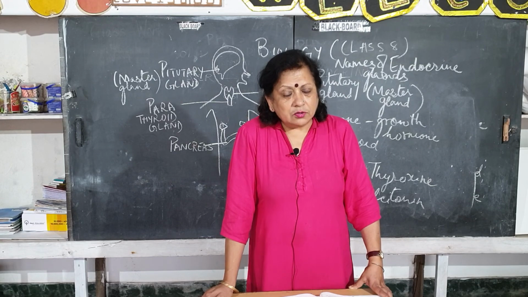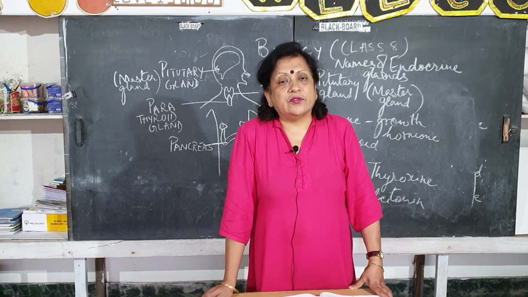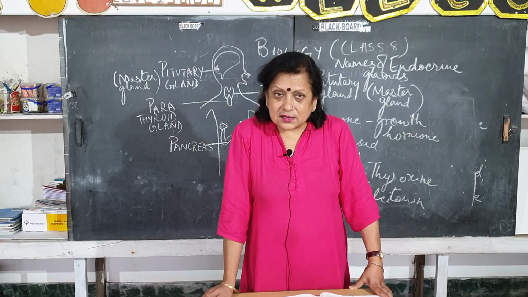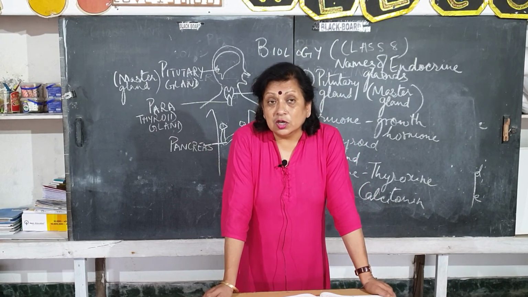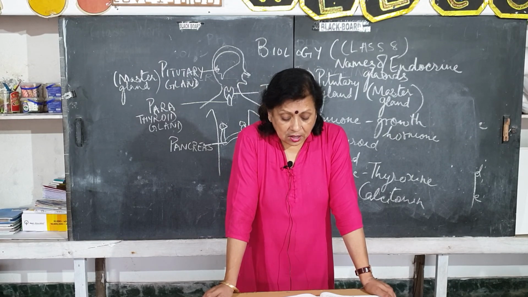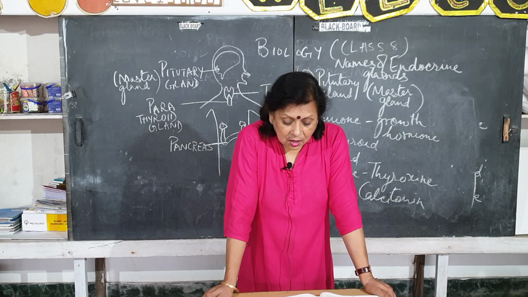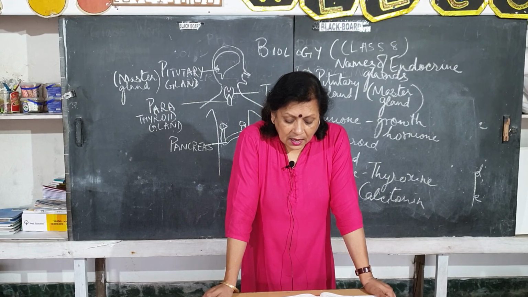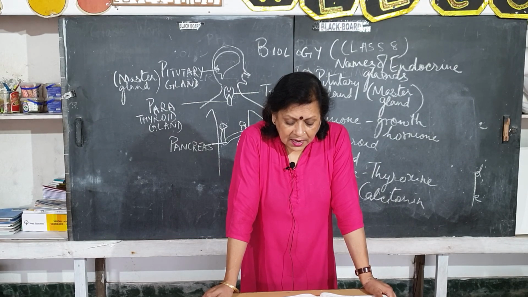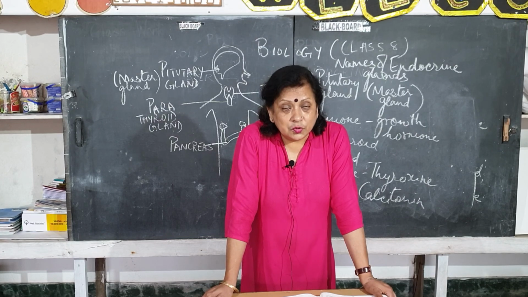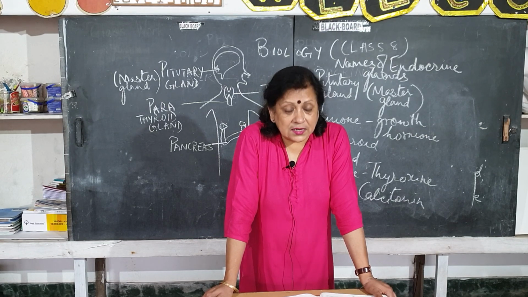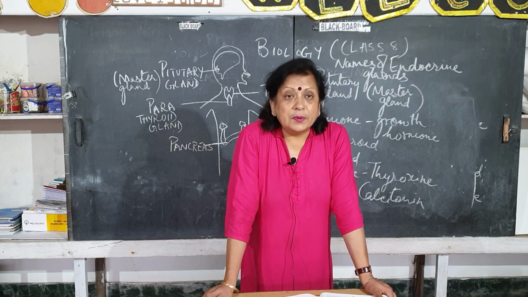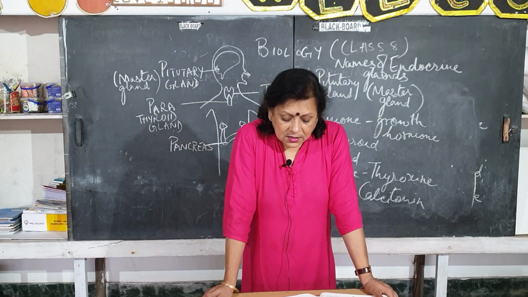So, the correct amount of thyroxine needs to be secreted by the thyroid gland, and for this reason, the body needs a good quantity of iodine for its functioning. So, the deficiency of iodine in the diet will lead to low thyroxine production, that is less, and results in hypothyroidism. The person may become sleepy, sluggish,